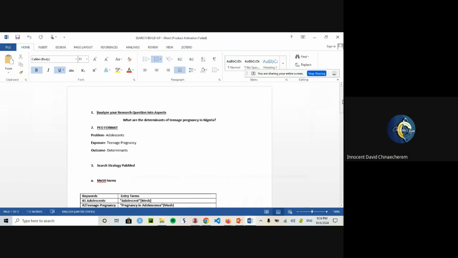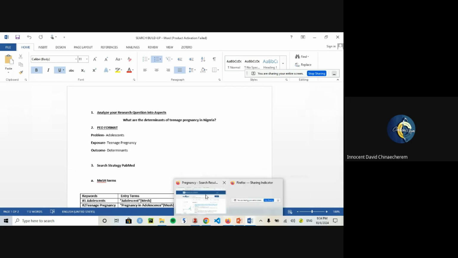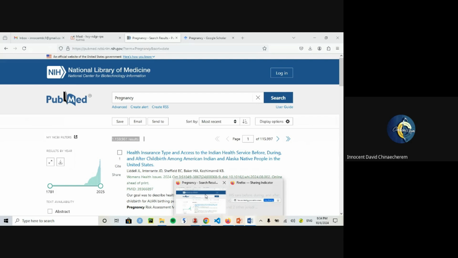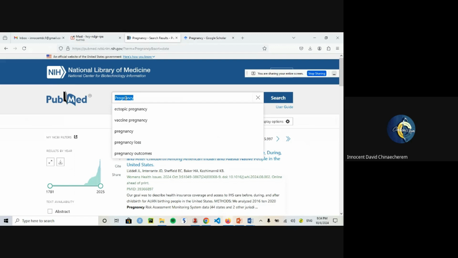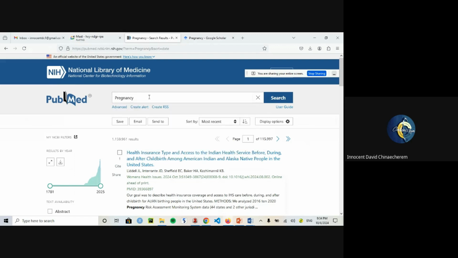Before we come there, the point I was making now is, if you want to identify the gap, let me make it very clear: you can identify a gap in literature using any type of search term. But some of the considerations we put in while identifying gaps is time. Because when you use only the term pregnancy to identify gaps, in programming we call it a loop. You will keep on looping and looping and looping.